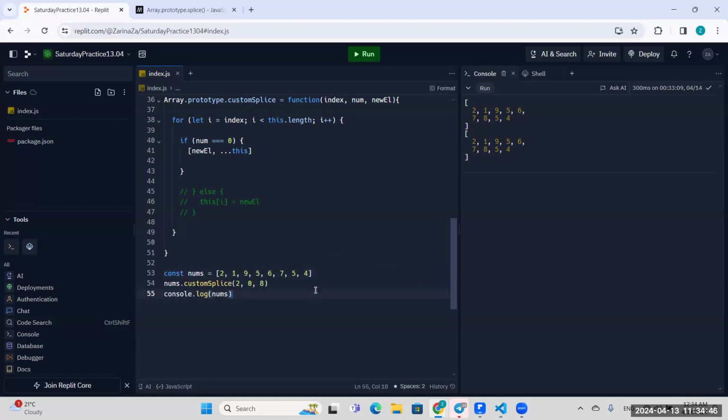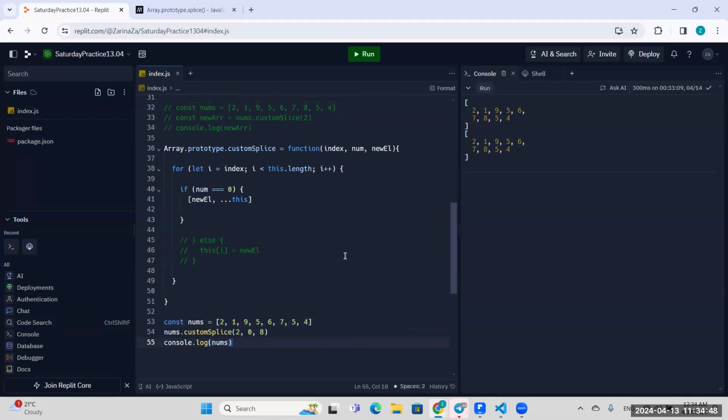Okay, so is this 2? It's going to be index 2. We're adding it at index 2, right? This 8 should go after 2 and 1, so before 9, between 1 and 9. Then we should be adding it here. 0 means we are not removing anything in this array, we are just adding. Yeah, and then first,